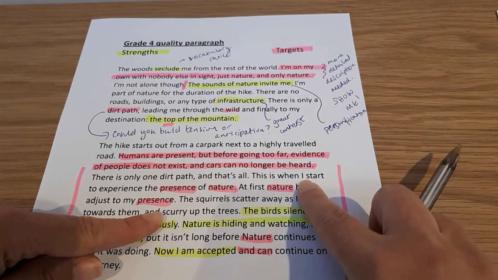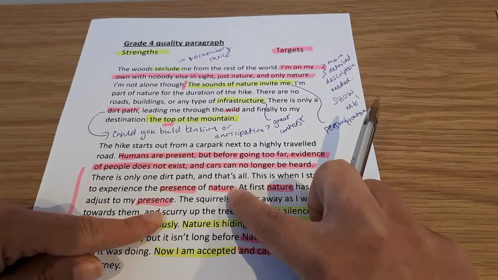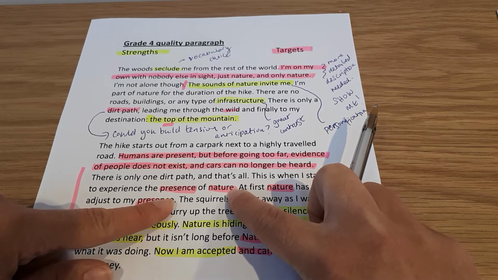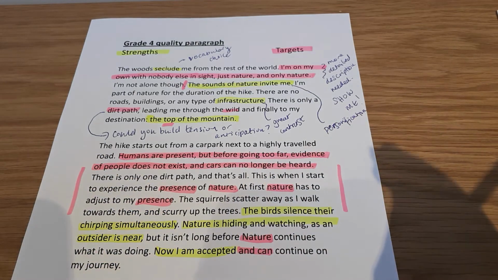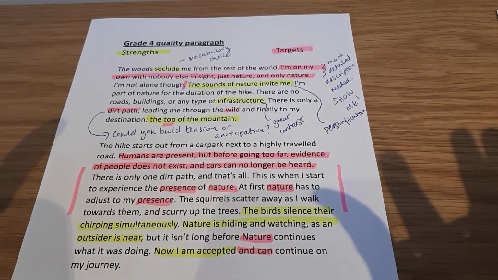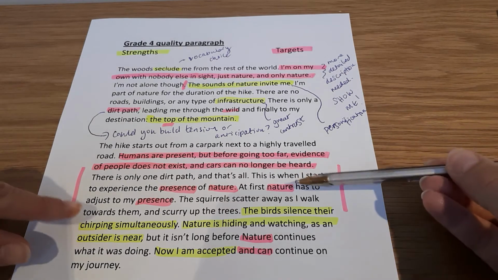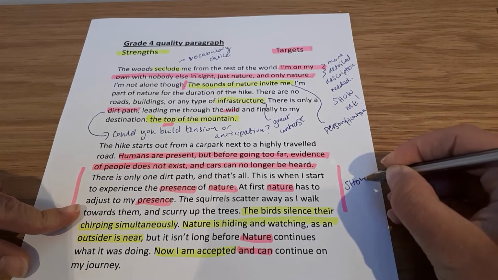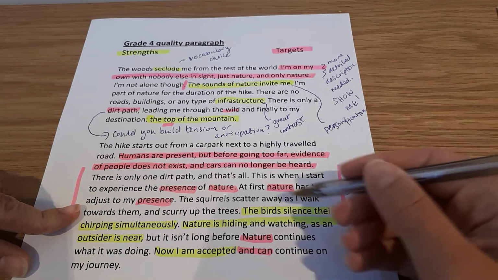This is really nice because we could slow down time quite considerably here and really notice the world around our narrator. Okay, we've got a first person narrator here. They could be really taking us through everything about them and really slow it down. And we could then notice, and again, this idea of showing us a little bit more detail, the way that nature is adjusting to our presence. Now the student starts to do this here.